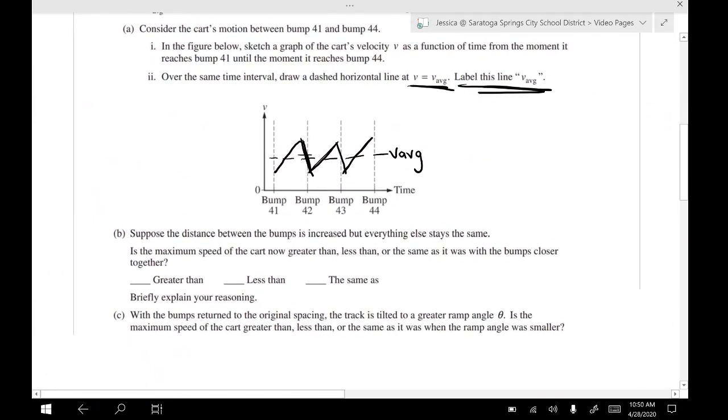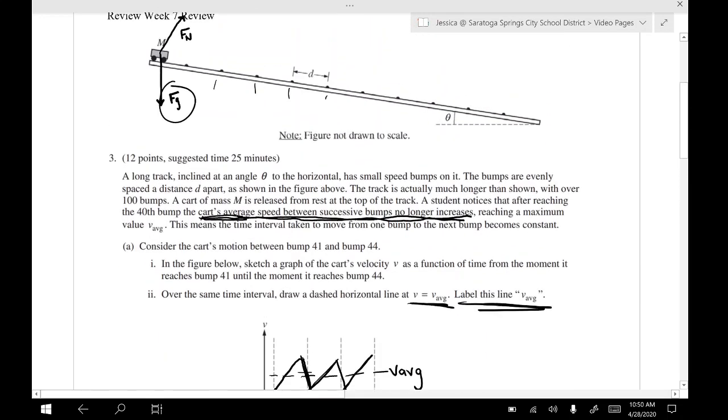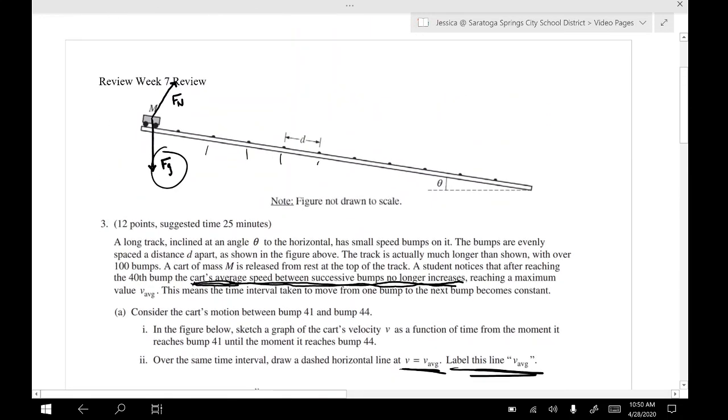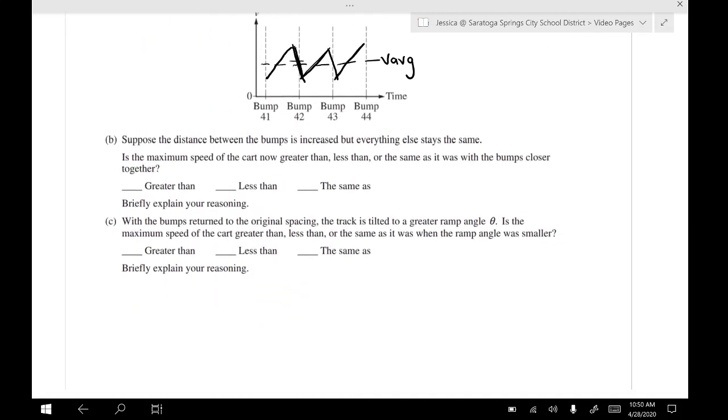Okay, so now suppose the distance between the bumps is increased, but everything else stays the same. So there's more distance here. So let's say this is our distance D now instead of that. So it looks like we now have more room to accelerate. Okay, so is the maximum speed of the cart now greater than, less than, or the same? So I'm going to say greater than, okay, with more